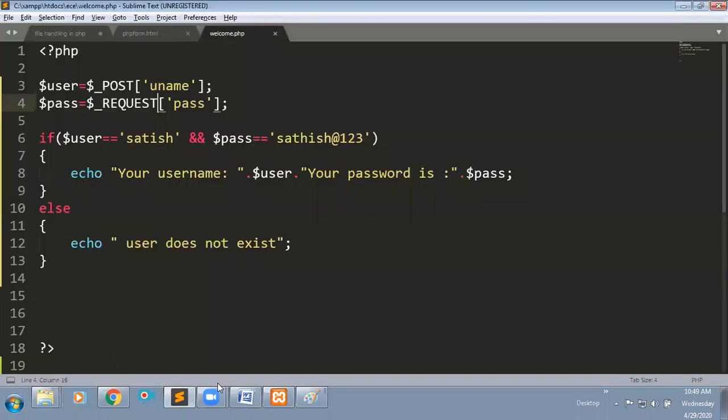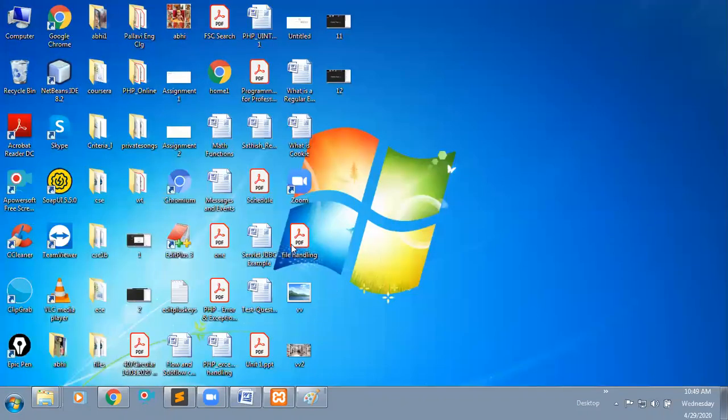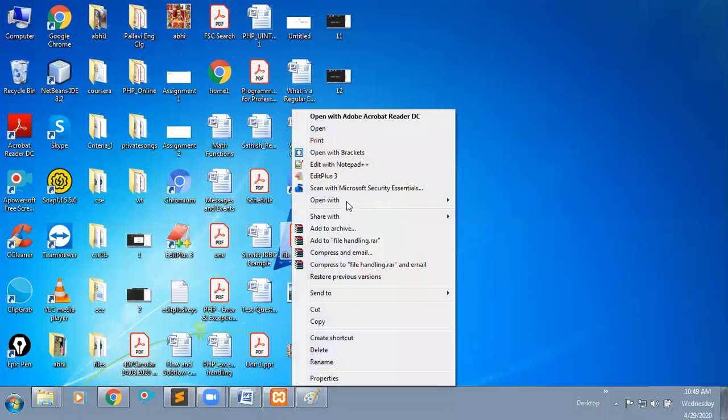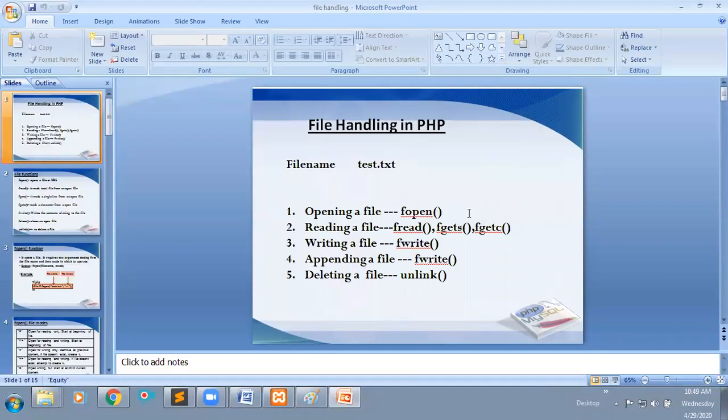File handling, you have written that question in the test, right? We'll see what operations we can perform using files. As of now we are able to read the data from web forms.